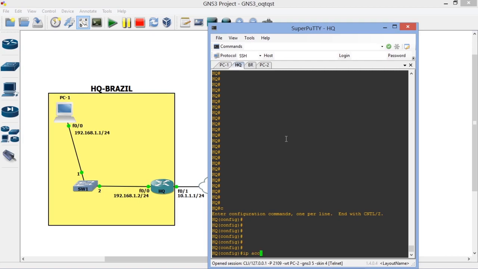So: ip access-list extended. I can give it a number between 100 and 199, or I can give it a name, and I'm going to call it VPN_traffic. So I'll know this access list has to do with my VPN traffic, and we're going to permit IP from the